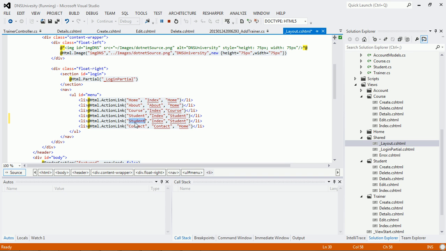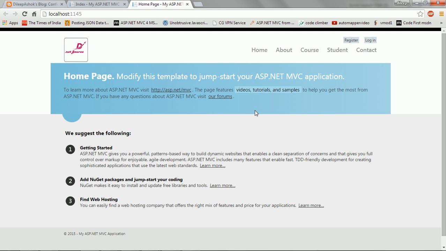This is the trainer with the index action method, and I want the controller to be trainer. Now let me refresh this page again. I should be able to see the trainer tab. Okay, I'm able to see the trainer tab.